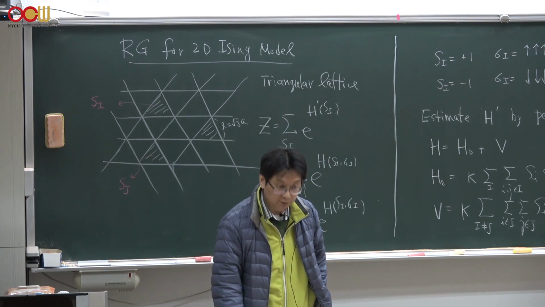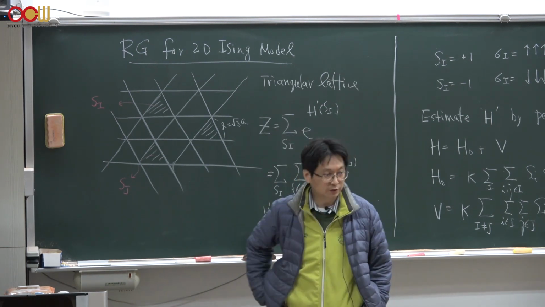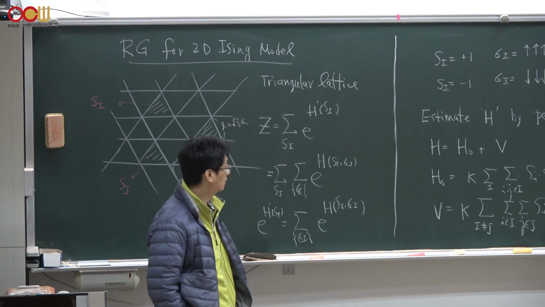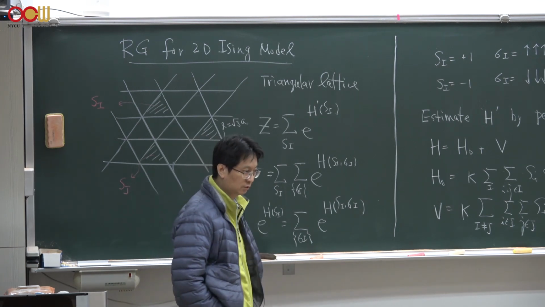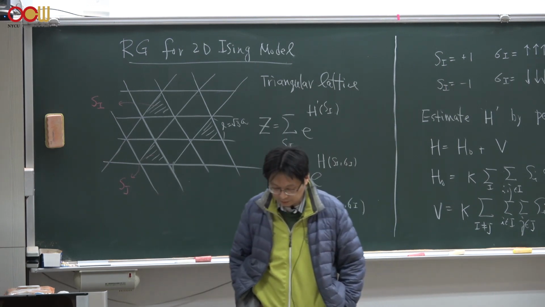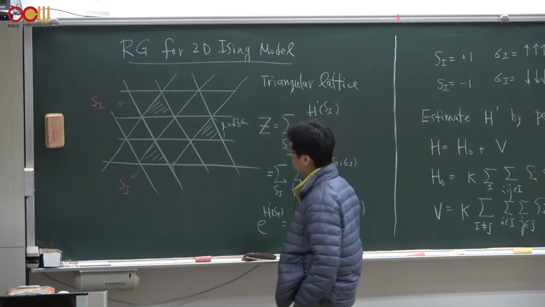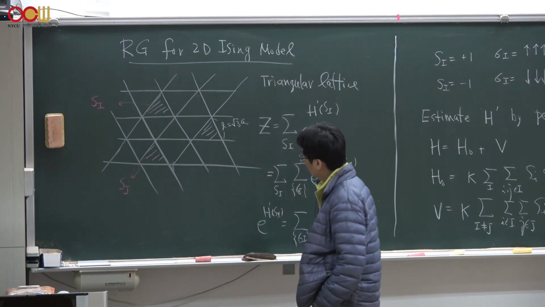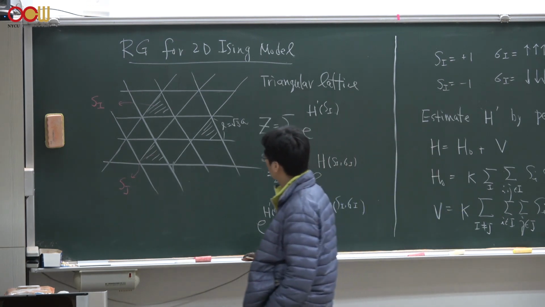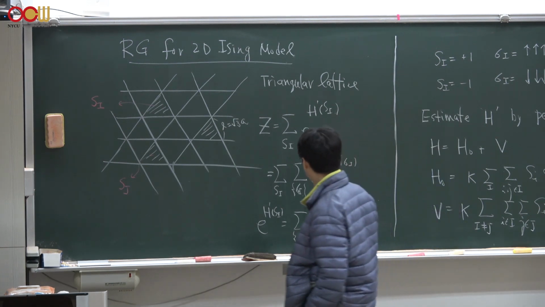But today we will finally finish the RG for the 2D Ising model on the triangular lattice, which was studied by Onsager long time ago by exact methods. But now, using RG, we could more or less reproduce these exact results, not in a precise way, but approximately. Again, this is the Ising model on the triangular lattice, and by RG, we mean we first perform the coarse-grained average over each individual block spin on the partition function as we defined already.